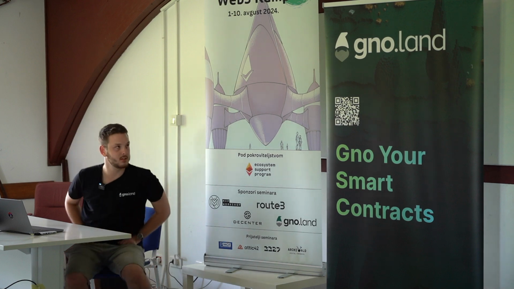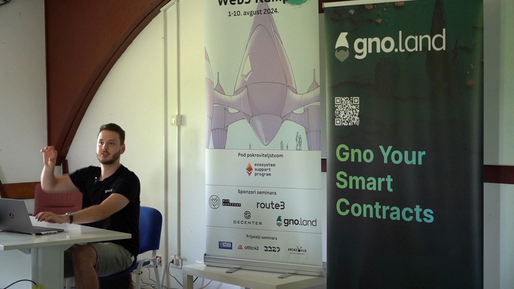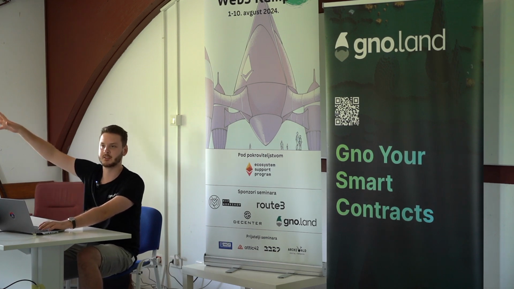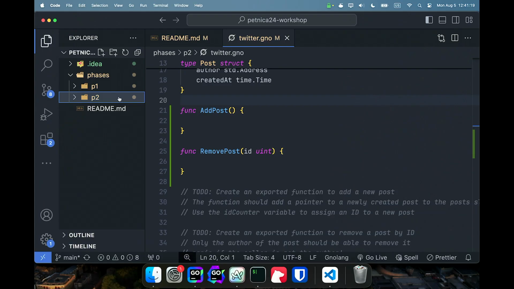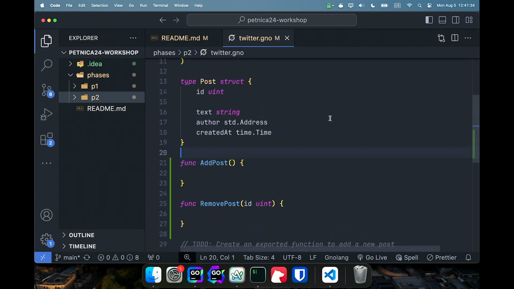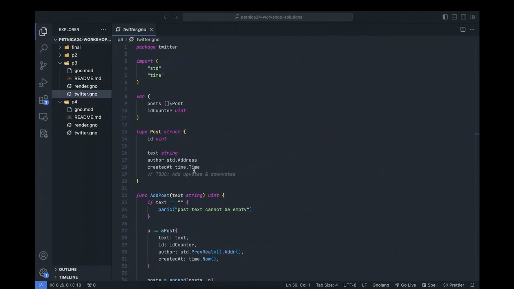I suggest you guys, if you can, just take this folder that you wrote your code in and copy it somewhere outside of this. Just save it somewhere else, okay? Save it to your desktop, or copy paste it somewhere else, because I'm going to push some changes to the repository so you can pull the changes and see the solution. But you want to save your work. Just take out the whole P2 folder and put it somewhere on desktop or whatever. All right, let's check out the